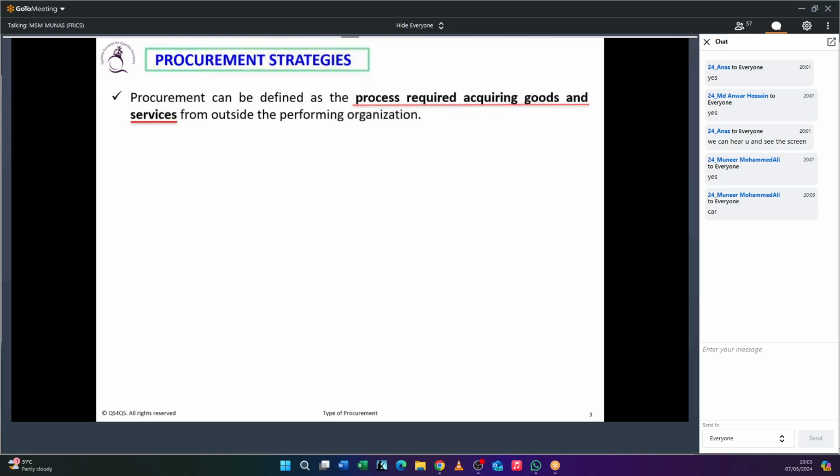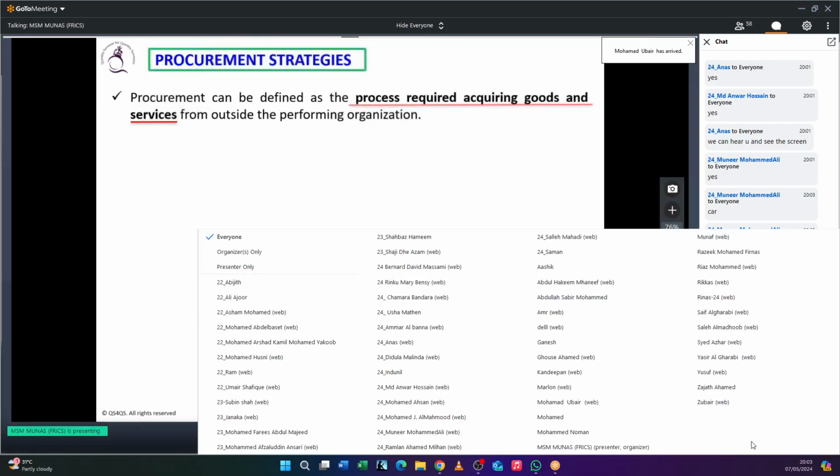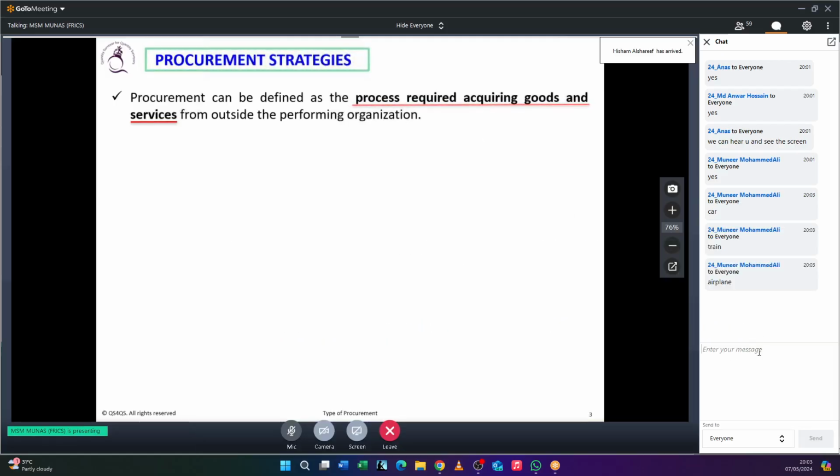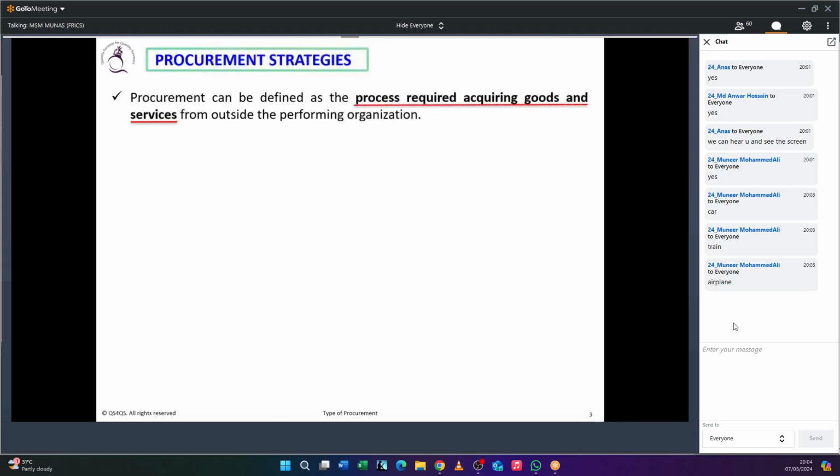Anyone? You can go by car. Yes, very good. A train, very good. Airplane, very good. So this is all about the vehicle, right? Even maybe if there's any port between the two cities, we can use a ship. Okay. So now you understood there's an option. Now when it comes to the car, it could be your own personal car or a taxi. So there are also some subdivisions.